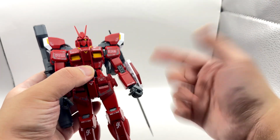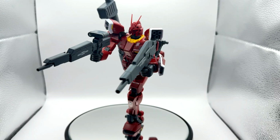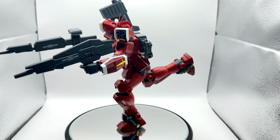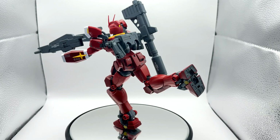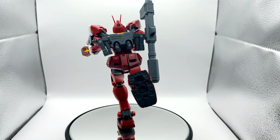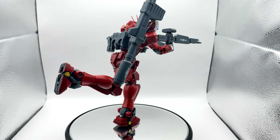So let's see the articulation in action in some poses. Getting the Master Grade Gundam Amazing Red Warrior into a spin, starting with the usual running and gunning pose. Here it is with the long rifle split in two, wielding the beam rifle Ko in the right hand and the beam rifle Otsu in the left hand. So this shows off a couple of things. One, while the Amazing Red Warrior does look good in motion and can hold this pose very well due to the very stable nature of the Master Grade ARC 72 2.0 frame,